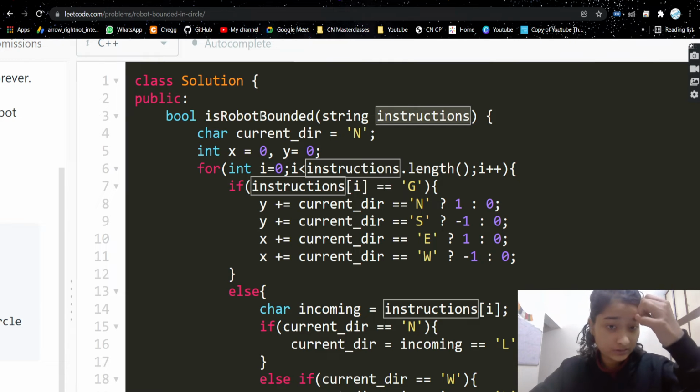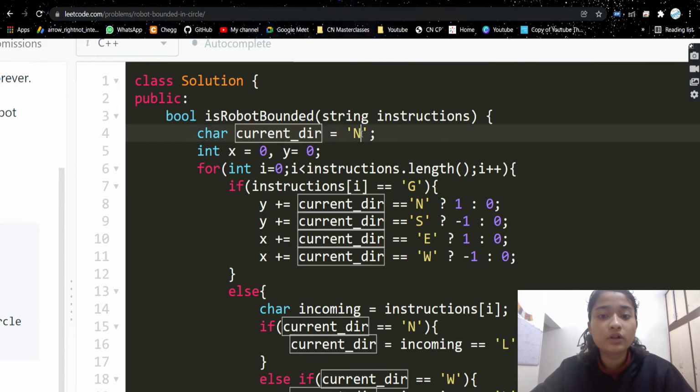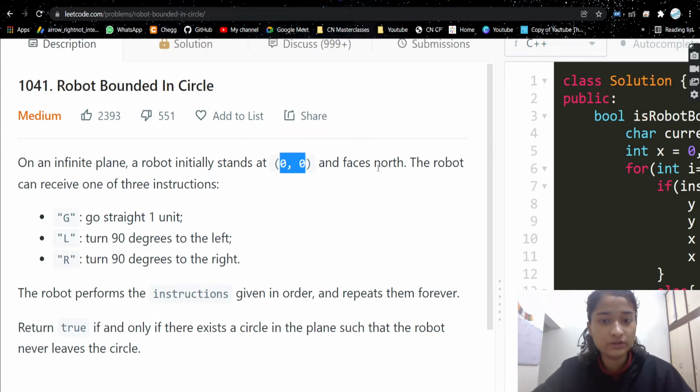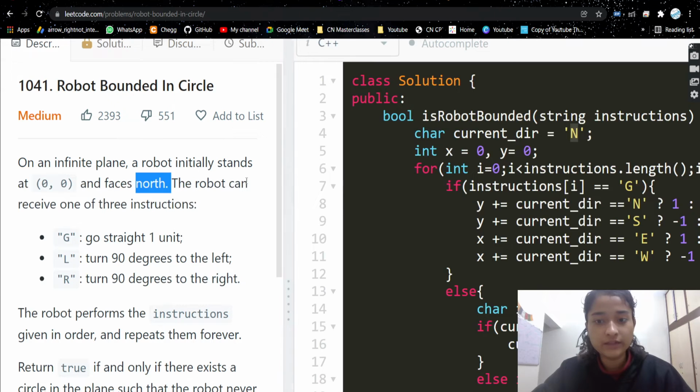Current direction is north, because in the question it's given that the robot is initially at 0, 0 and facing north. So we have taken a variable current direction and it has value north. This is the initial position of the robot, x and y coordinates, initially 0, 0 as given in the problem.